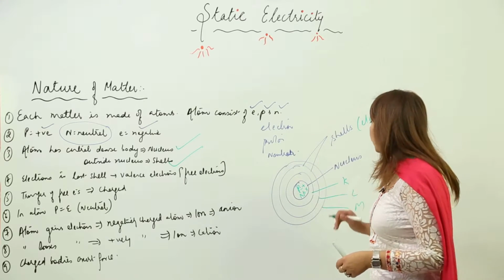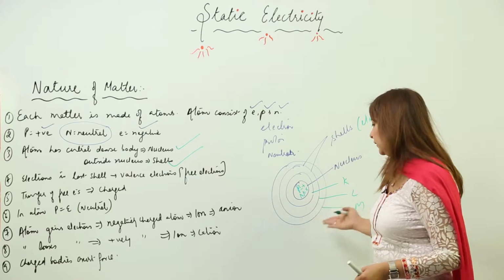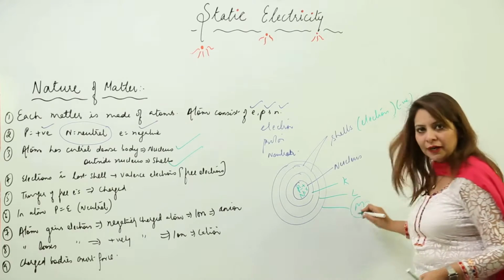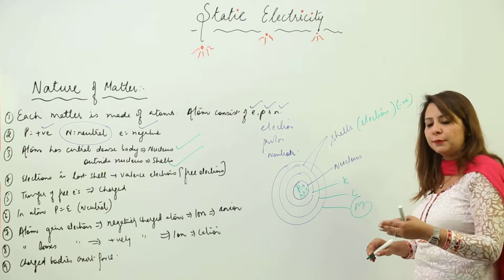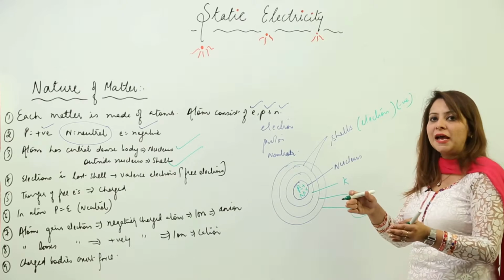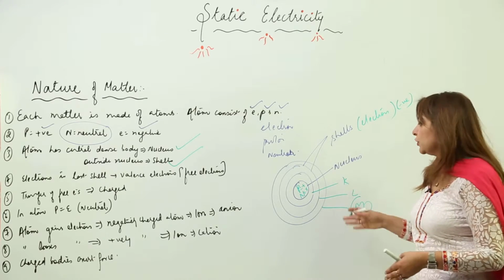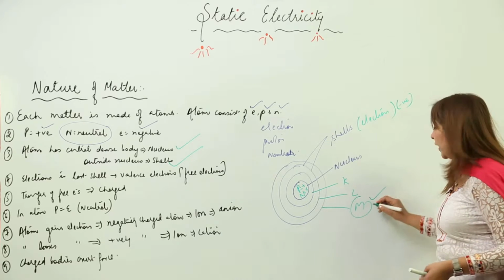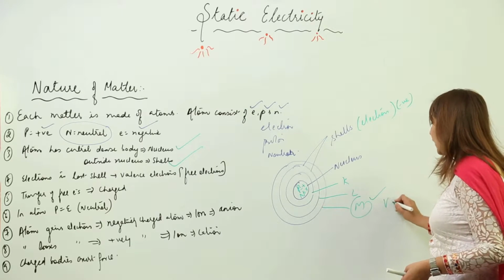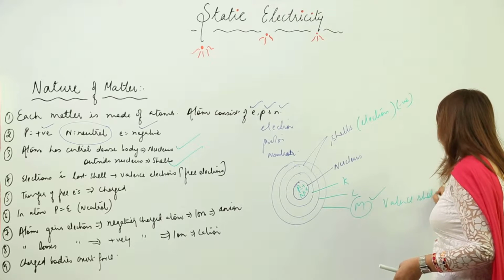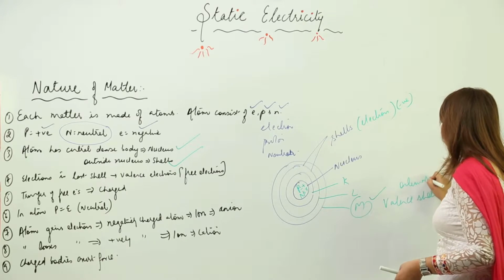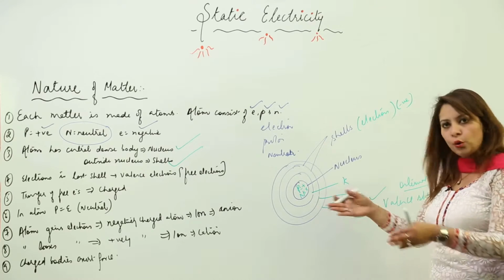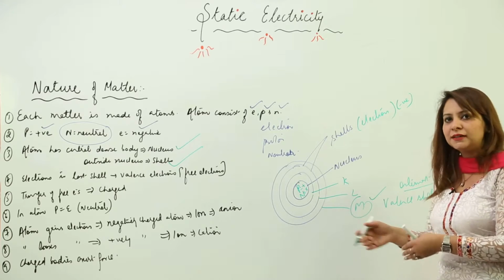Now the valence shell. Like I have drawn this structure of atom, here my last shell is M. I can also make an N shell, it's up to me, because every atom has a different number of shells. So suppose this atom has a last shell that is M. The M shell is called the outermost shell or valence shell. The outermost shell can be O in some atoms, it can be P in some atoms, it just depends on the atom.